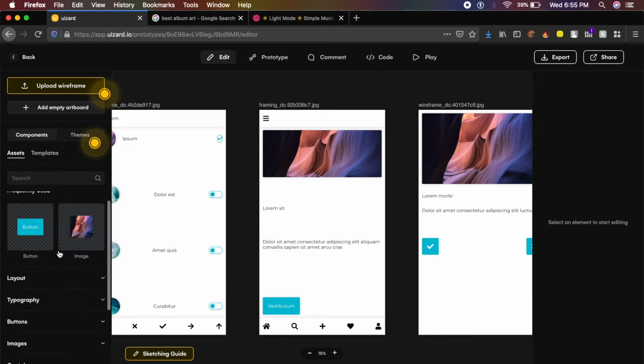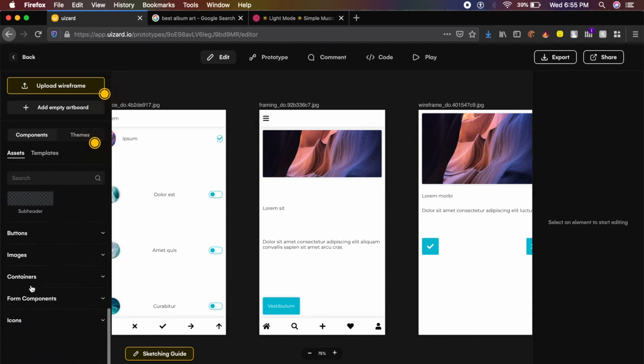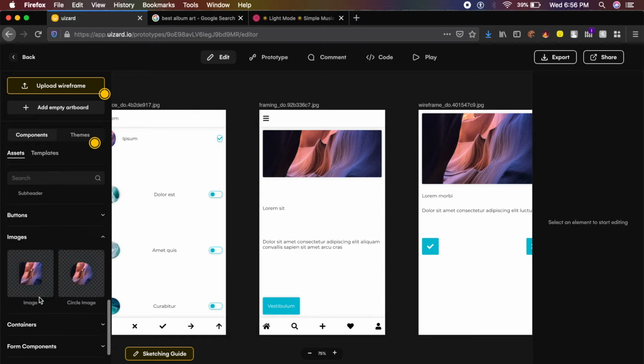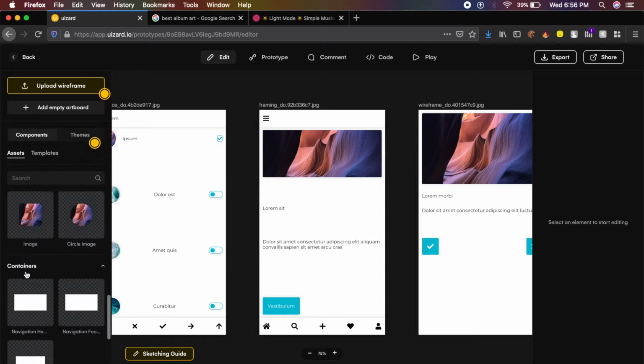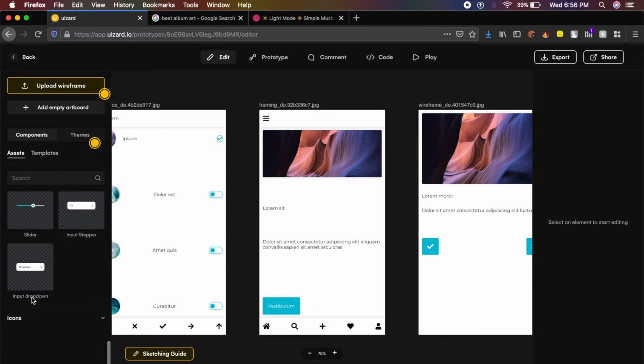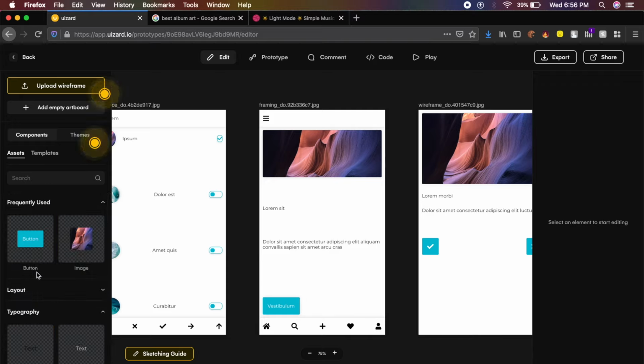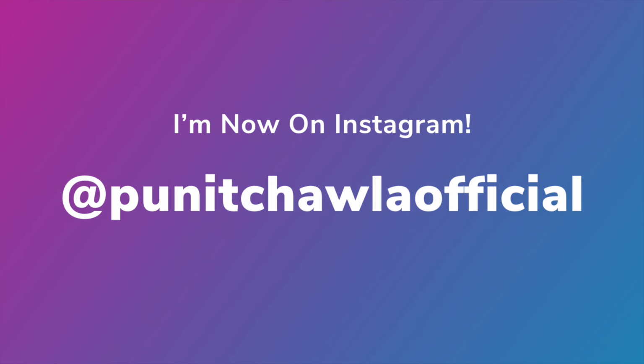The best thing I like about this tool is it's a quick tool to create some quick prototypes and some quick designs. It has pre-made elements pretty much here. You have containers, you have fonts here, you have icons, and so much more that will help you get started with UI design. Especially if you're a beginner, such a tool will really help you out.